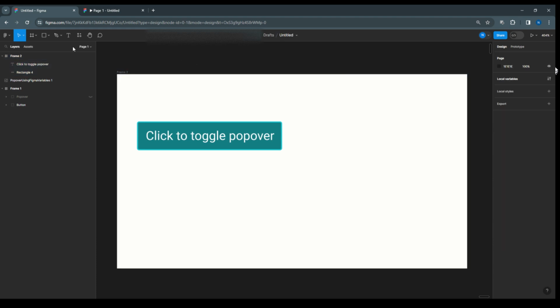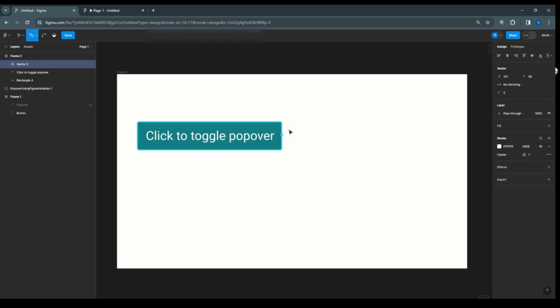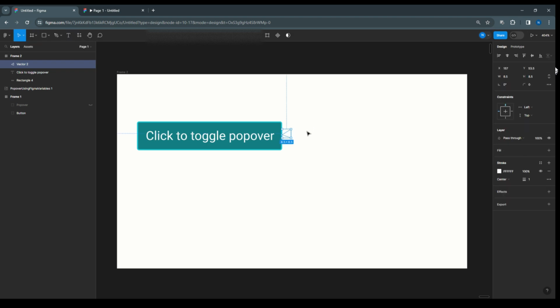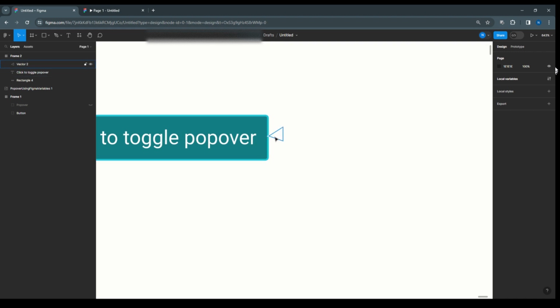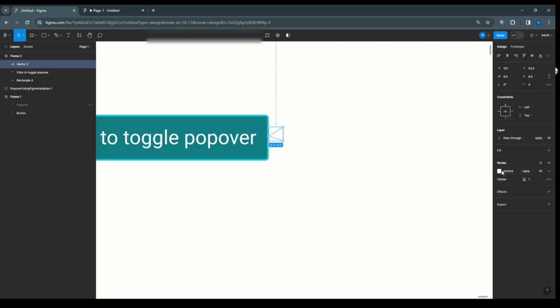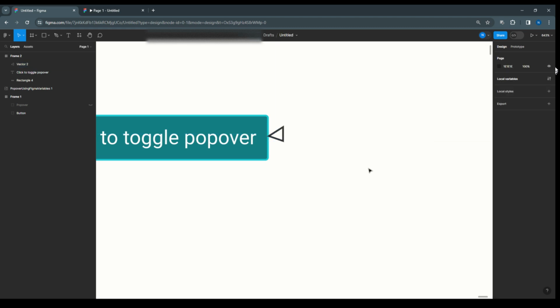So for creating a popover, we'll first use an icon. So using the pen tool, so like this, and again you can have this. So this is done. Now if you want to give the color, we can use a different color here. So for the time being I will use some different color, so we can see this. And then now we need a